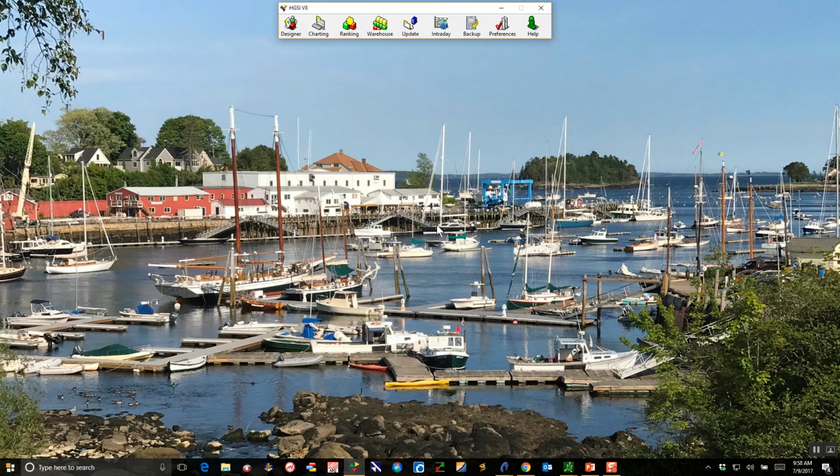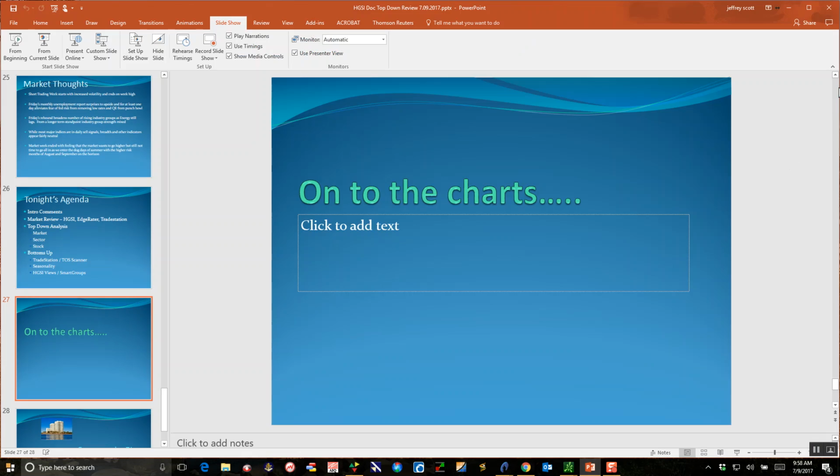Trade safe. It's time for caution. And as it says right here,